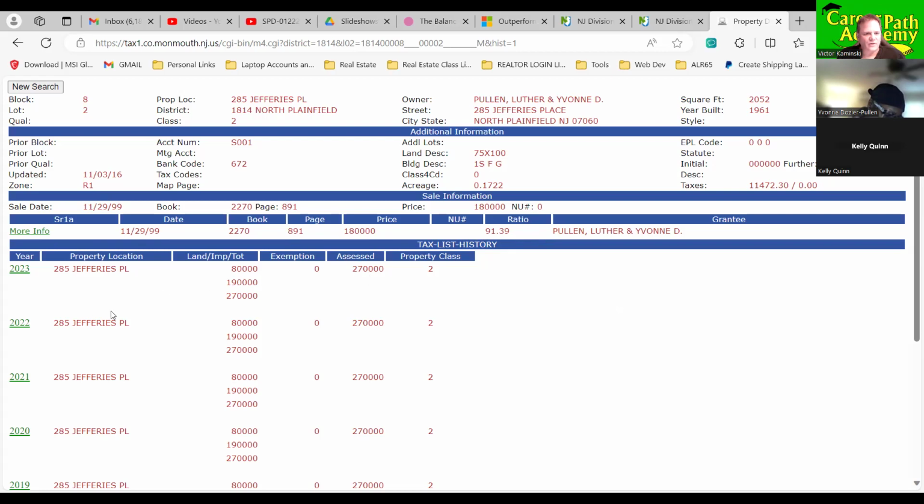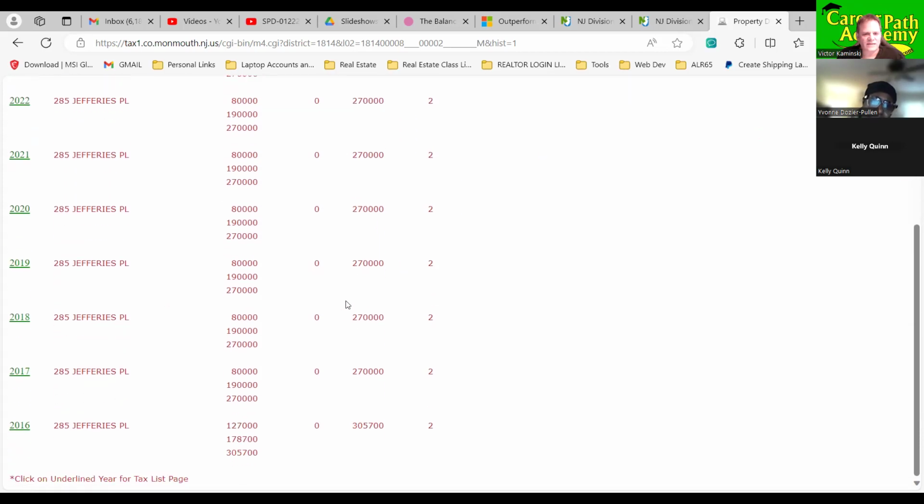You take the current assessed value of 270, which it looks like they've had at that same value since 2017. Their assessed value has not changed in all these years. But in 2016 they actually dropped it, because they had it at, wow, a total assessed at 305. They were overtaxing you. And then you had it drop there significantly.